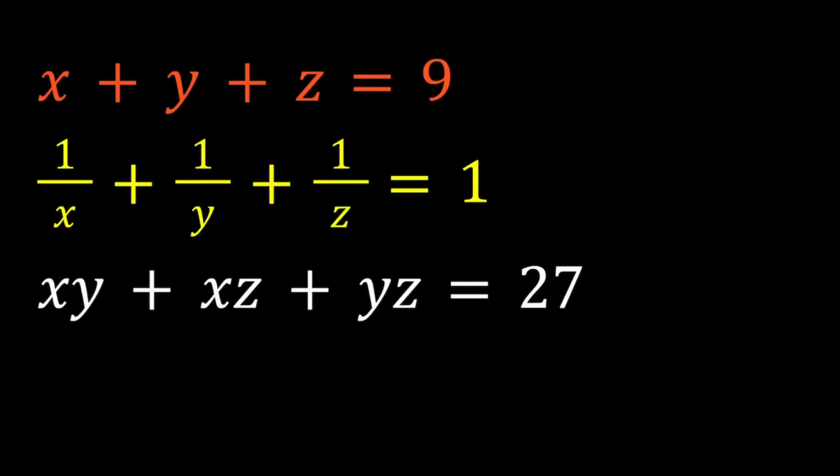Hello everyone. In this video we're going to be solving a system of equations. I'd like to call this a polynomial system, but it's not polynomial as is because we have a rational expression: 1 over x plus 1 over y plus 1 over z equals 1. Anyways, we have this system of equations, and we're going to be solving for x, y,